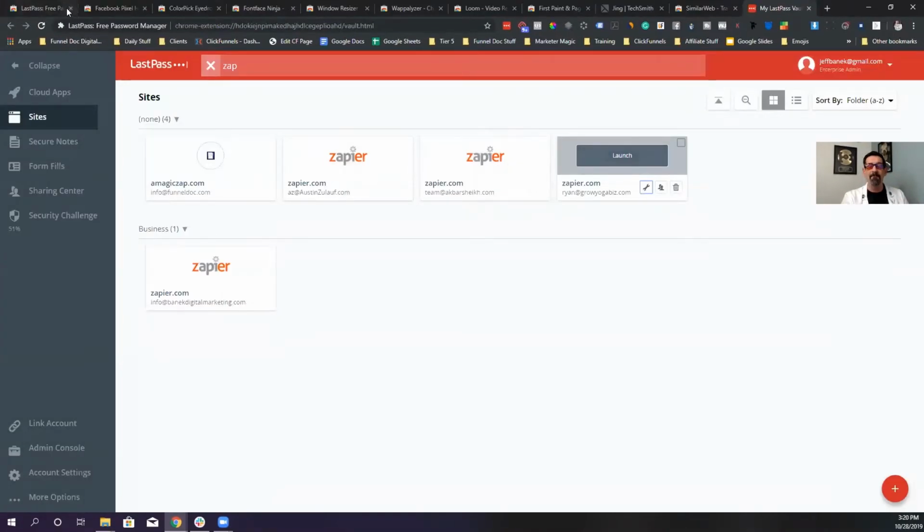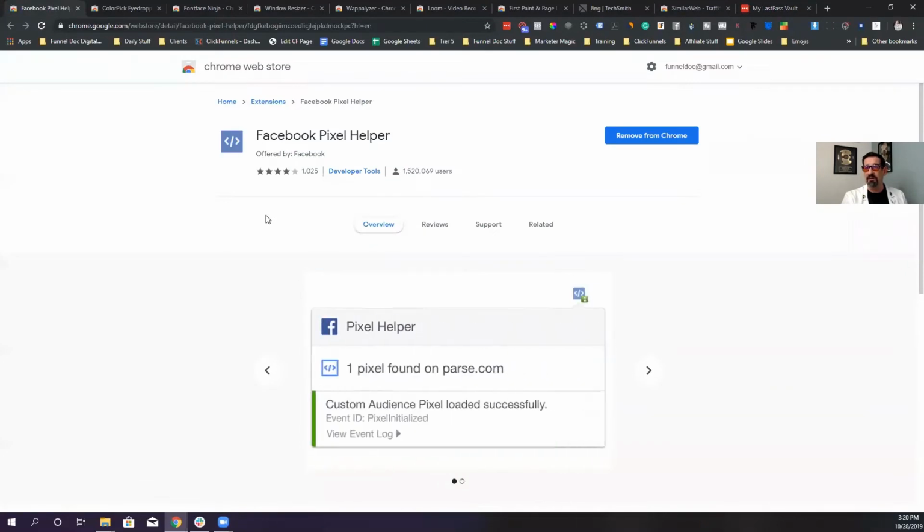LastPass is an amazing app or Chrome extension that I highly recommend that you start using. It allows you to share passwords and not breach your client's trust. The next thing we're going to be using is